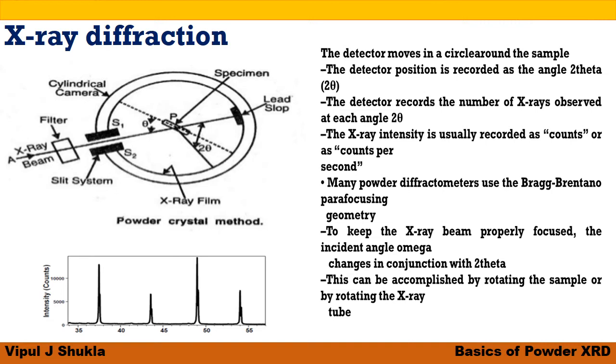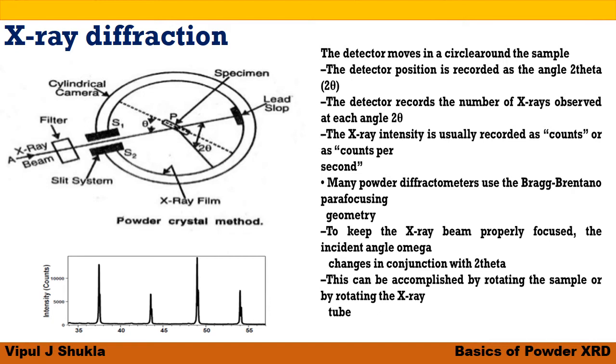These cones intersect a strip of photographic film located in the cylindrical camera to produce a characteristic set of arcs on the film. When the film is removed from the camera, flattened and processed, it shows the diffraction lines and the holes for the incident and transmitted beams. The X-ray pattern of a pure crystalline substance can be considered a fingerprint, with each crystalline material having, within limits, a unique diffraction pattern.